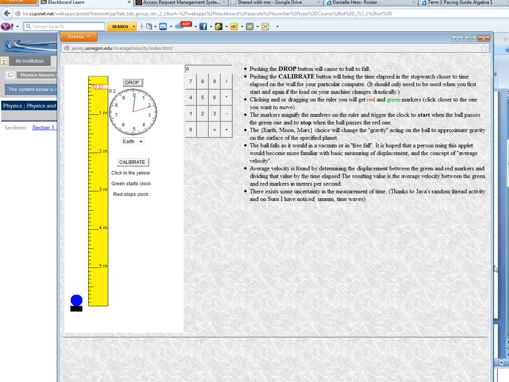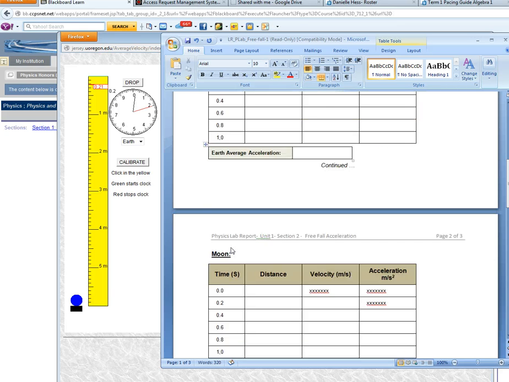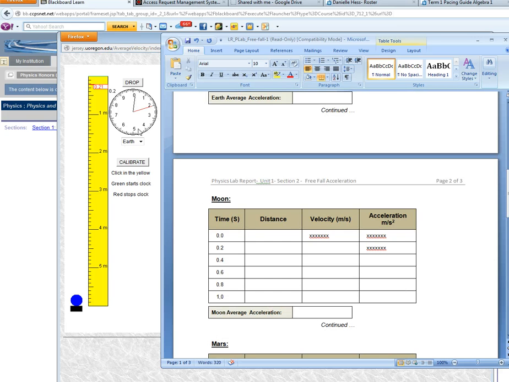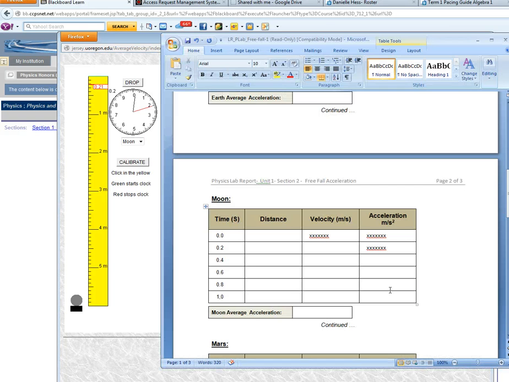I'm going to go back to my lab report. I'm going to write in 0.21, and I have my distance. And then I'm going to go through and figure out the exact same thing for the rest of these times. I can also go through and figure it out for the Moon by switching this button down here, and I can also switch to Mars. That's how you're going to get your data. The rest of the data in here is all done through calculations. You're going to calculate your velocity, which is going to be